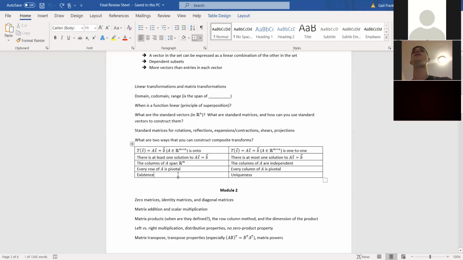So it's, do we have a solution or not? If A is 1 to 1, then we do have at least one solution for every B. Okay, and then 1 to 1 is